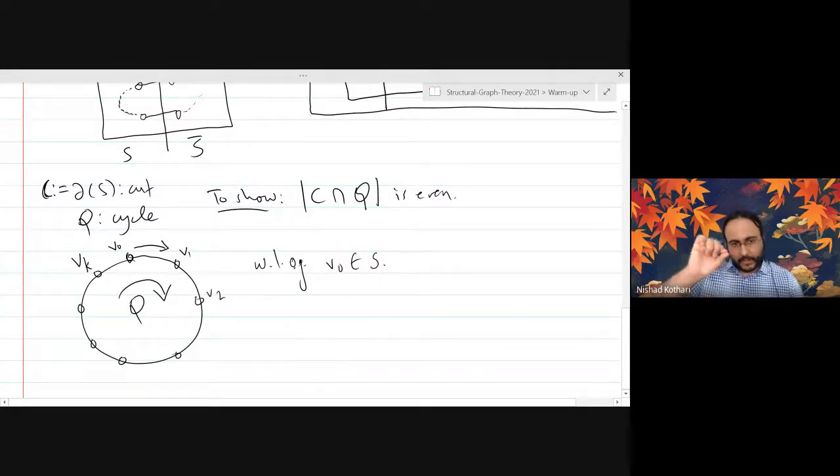Now, if you ever use an edge in the cut, then you will switch directions. You will go from the left side to the right side. And again, if you use an edge of the cut, you will come from the right side to the left side. So that means if you want to come back to the left side eventually, you have to use an even number of these edges, because each time you use an edge from the cut, you switch the sides. And the only way to come back to the first side is by using an even number of edges. So that is a complete proof.